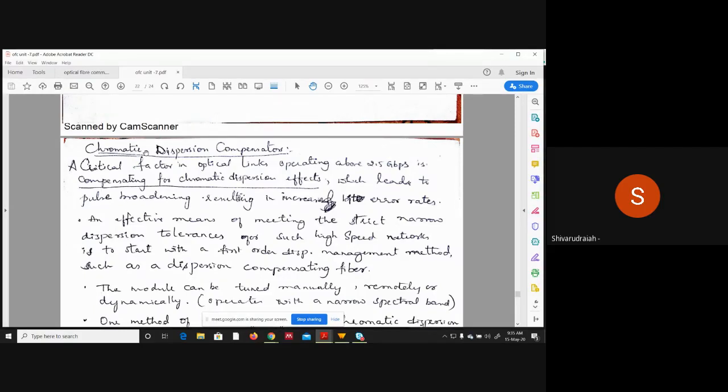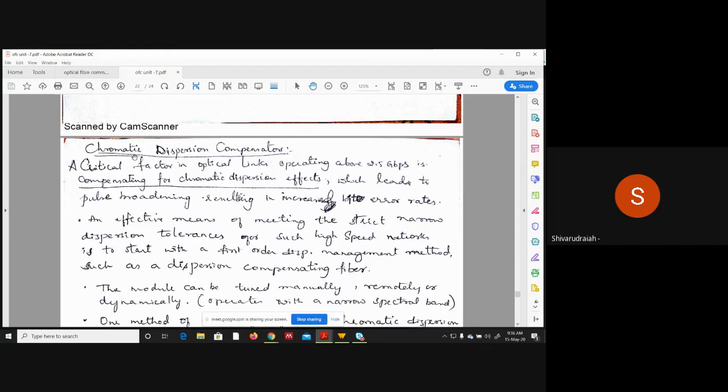So chromatic dispersion is also called intramodal dispersion, where the dispersion occurs if there is a signal or energy exchange happening between the modes in a single mode fiber. Intramodal dispersion, so within a mode. So if there is an energy exchange, electric field or an energy exchange, which happens within a mode, right? Between the spectral components within a mode, right?